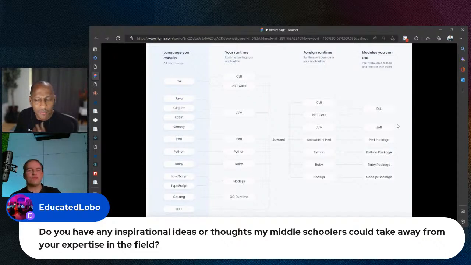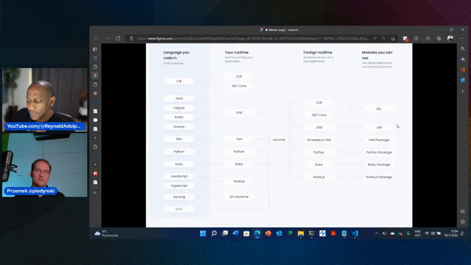Because if you look at what Javonet is used for, it's used in aviation, in transportation, in factories, in manufacturing. We are always surprised by our customers and what they do with the product. And I hope the young generations of developers will inspire the world even further, showing what can be done when we take into mind that we can just use any dependency from any language. So I hope they will find interesting use cases and interesting projects. Well said.